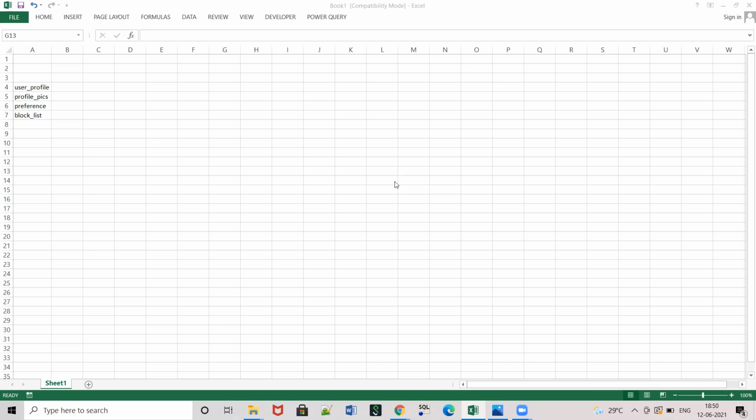So you can use this particular data model if you are trying to build your new matrimonial site application, or if you work for any of the matrimonial sites and you want to get some improvement, or you want to change something, you need a reference. And this will be very helpful if you are preparing for a data modeling interview.